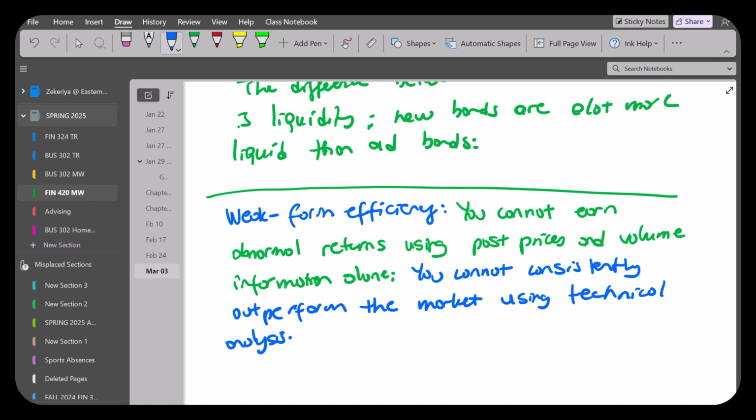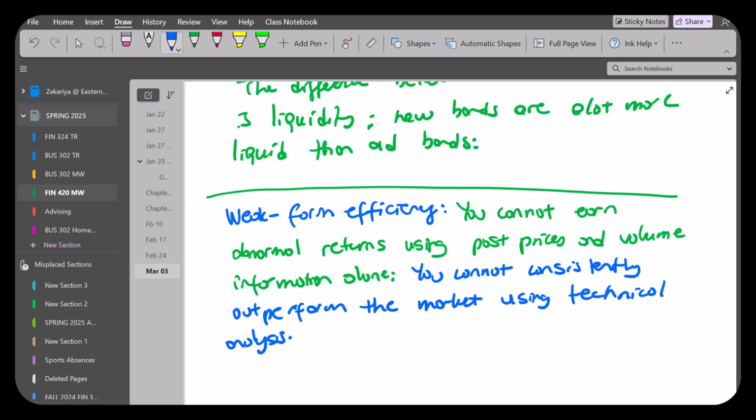We did look at the performance of small caps over time, right? I don't know if I did this in this class or the investments class. Okay. We didn't. Yeah, I did it in the investments class. In fact, that's something we're going to look at next week. I'm sorry, not next week, on Wednesday.